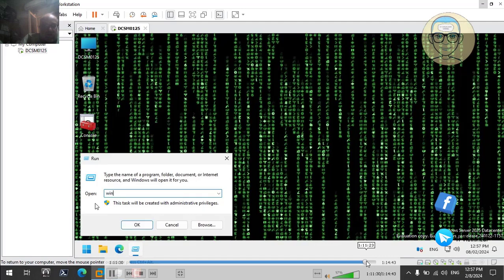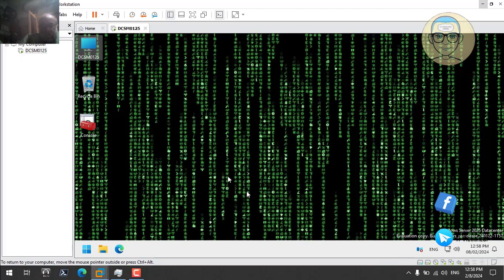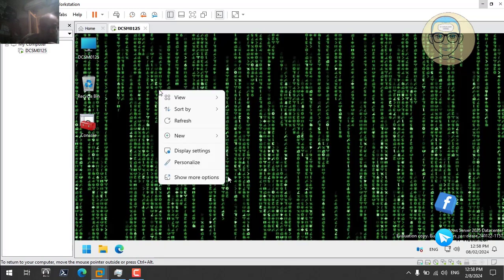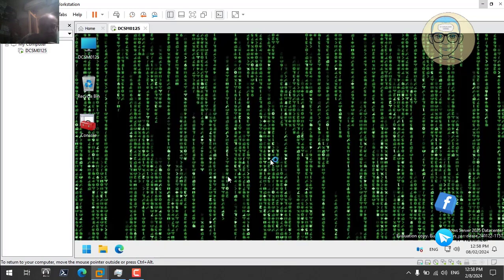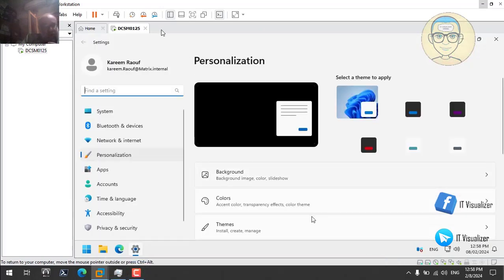I think we need to get the winver here. I'm just showing the version. It's the 23H2 Datacenter operating system. It will expire at 16/09/2024. This is an evaluation copy. So now I think we can close the software. Or first we need to take a snapshot and then close the virtual machine as a whole, preparing ourselves for the next video. We will create another virtual machine which will be an additional domain controller, file server, DFS,